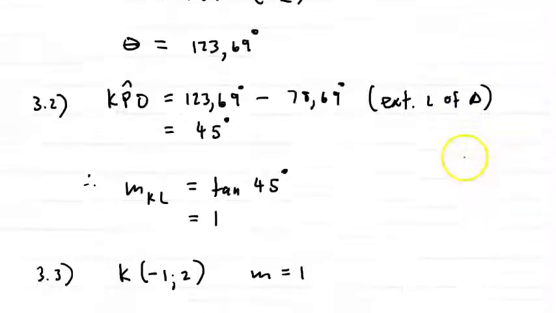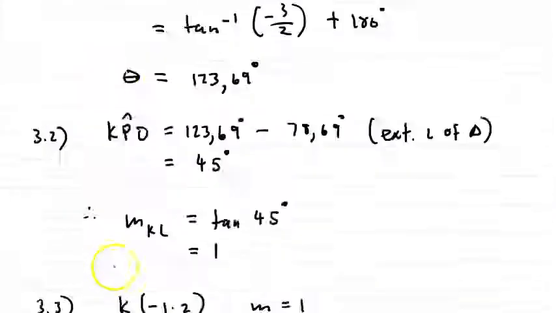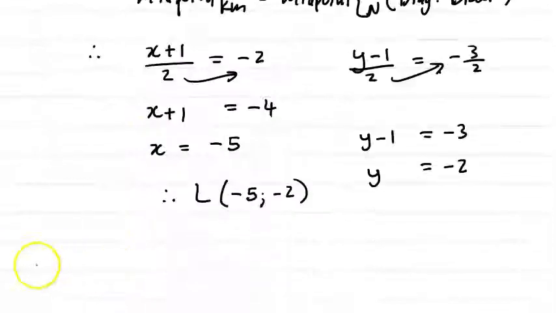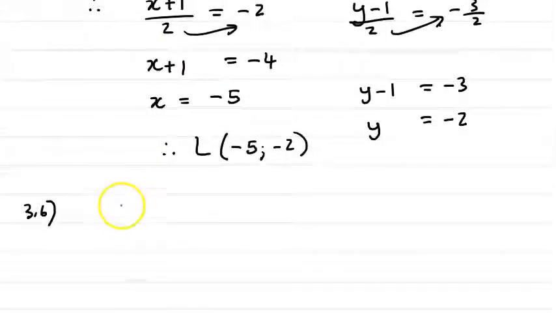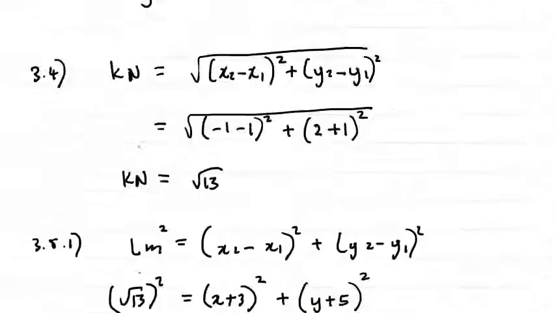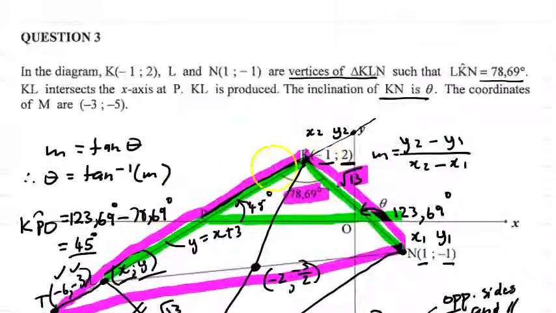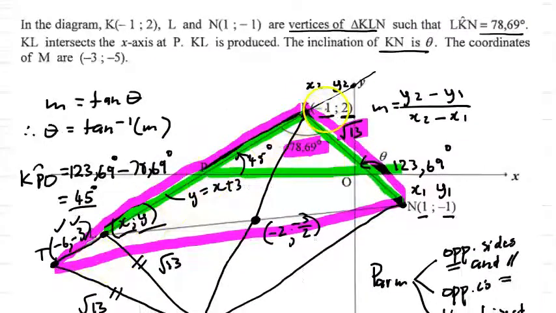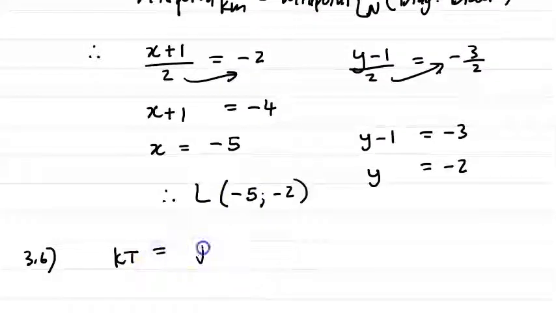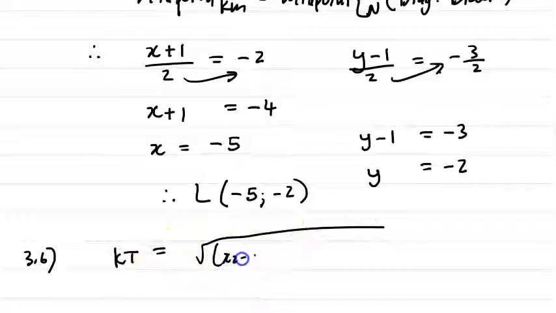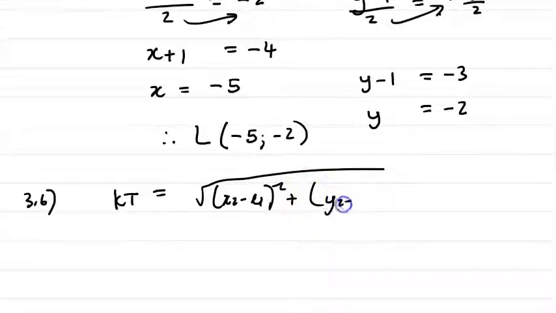So let's go and write our solution down. So therefore, for 3.6, we're going to write the following. Number 1, KT. So KT is going to equal, our distance formula is as follows: square root of x2 minus x1 all squared plus y2 minus y1 all squared, which is equal to,